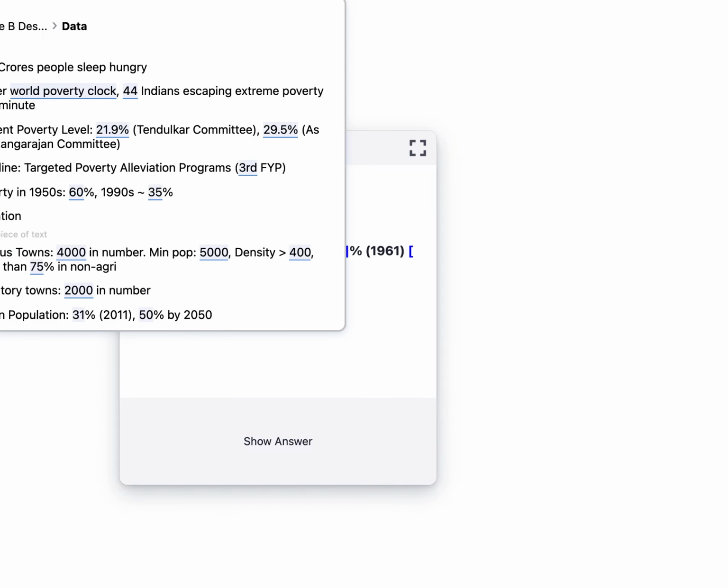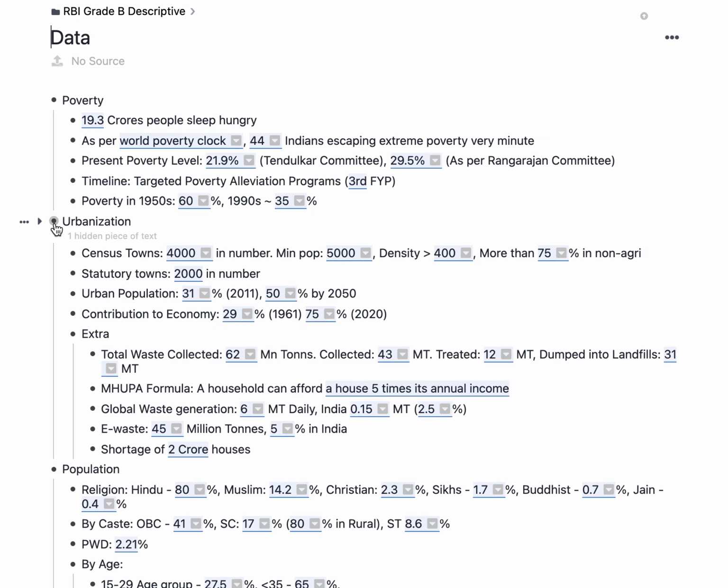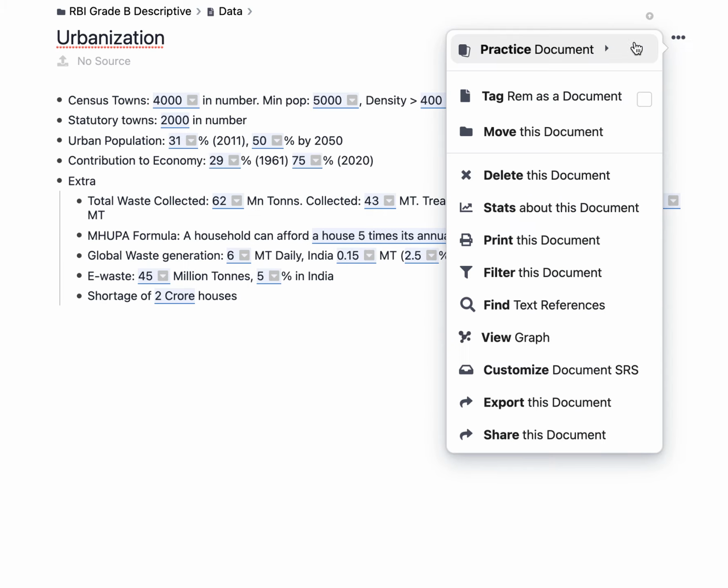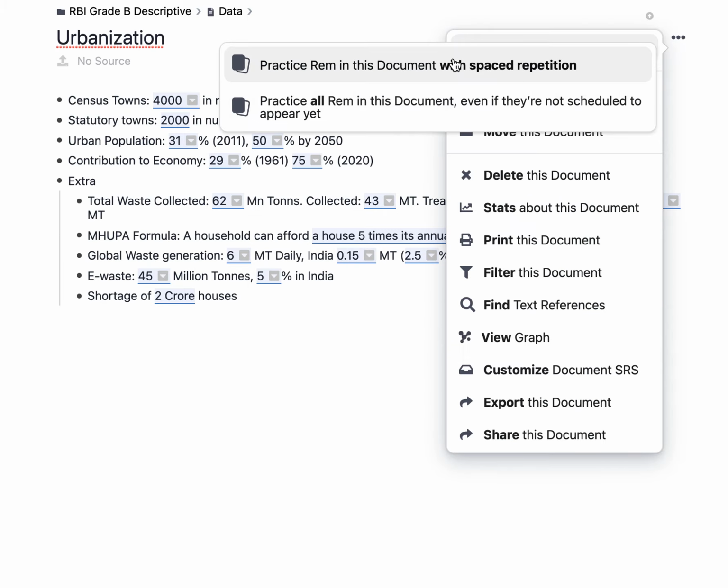But going back, we were revising the urbanization data, and this is the second option, where we practice RAMs in this document with spaced repetition. What happens here is, whatever we marked in some RAMs, like remind me to revise this after 7 days, and in some 3 days, it takes that input into consideration. It checks how much time has passed and accordingly will show you new flashcards. So it will not show exactly 9. It might show 5, it might show 3, depending on your earlier retention. So this is the concept of spaced repetition, hopefully this concept is understood.